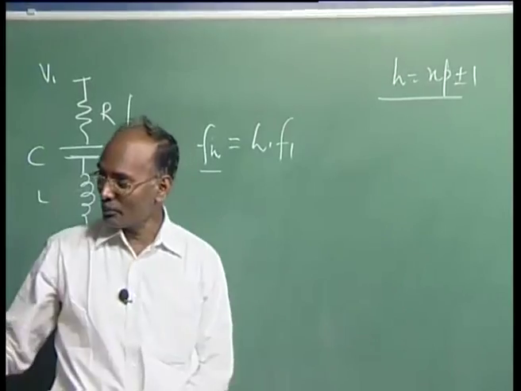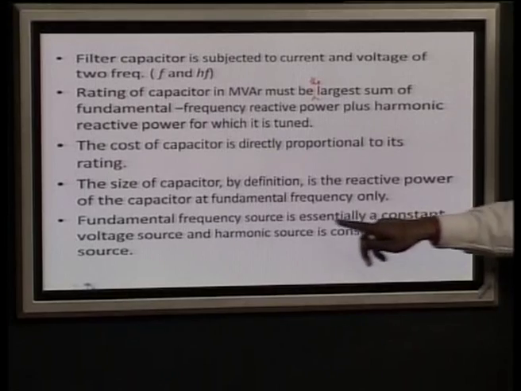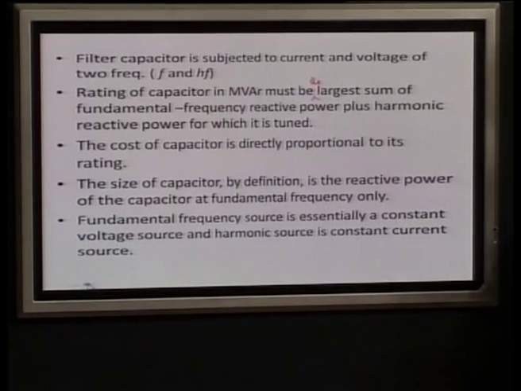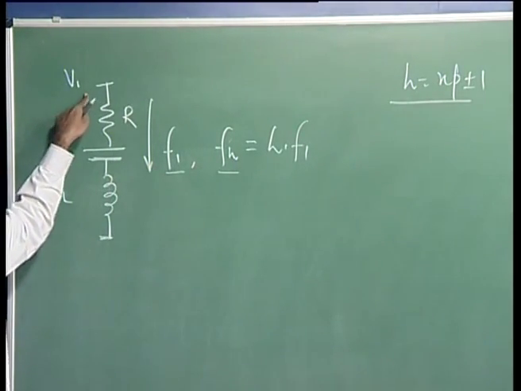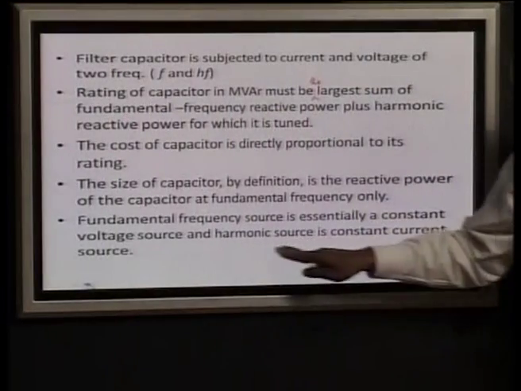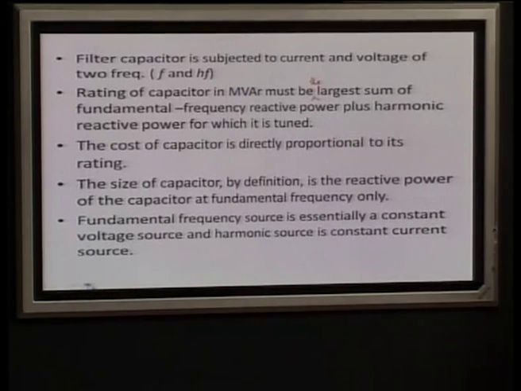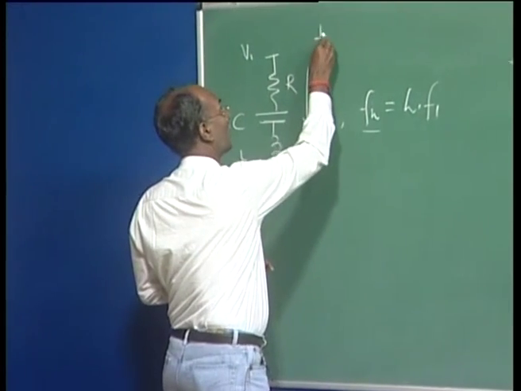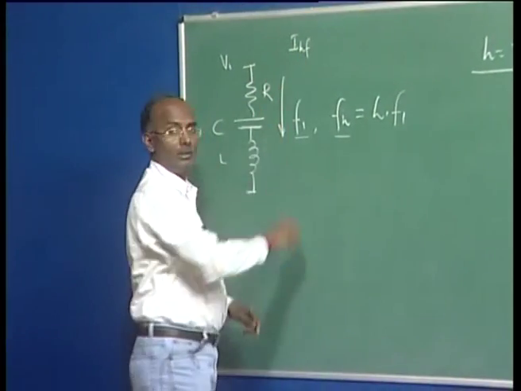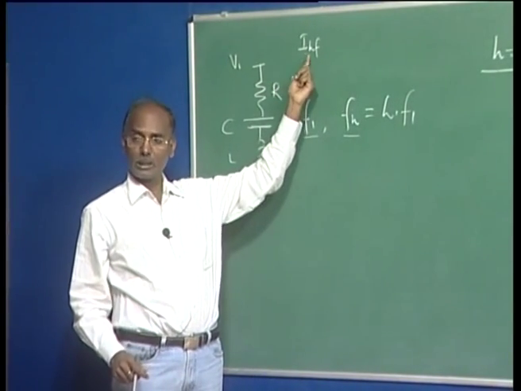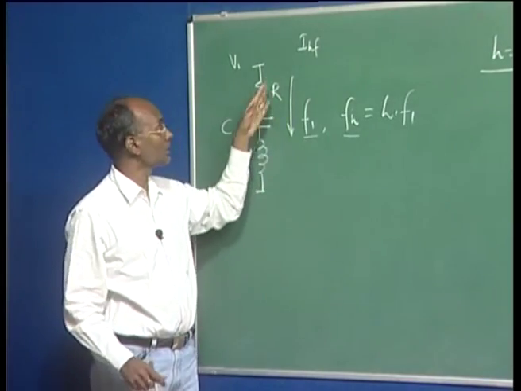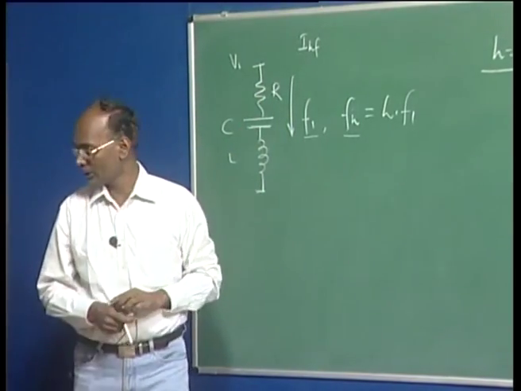So, that is why it is written here that the fundamental component is a constant voltage source, here the balance V1, that is a supply voltage, and the harmonics source is nothing but a current, that is normally IHF. Why IHF? Because it is a harmonics, the particular harmonics current which is flowing. So, this is a defined current which is coming.